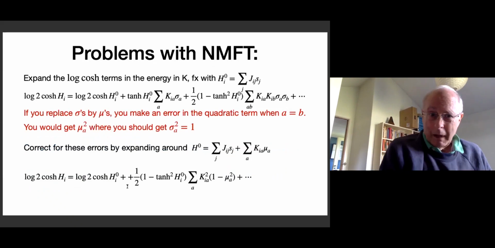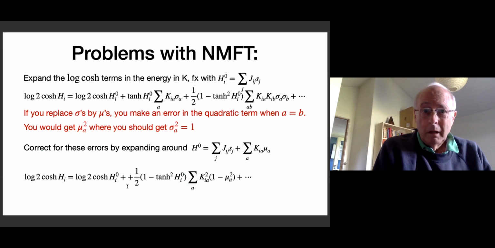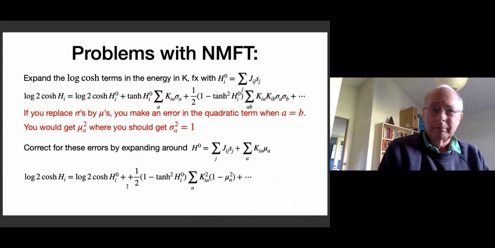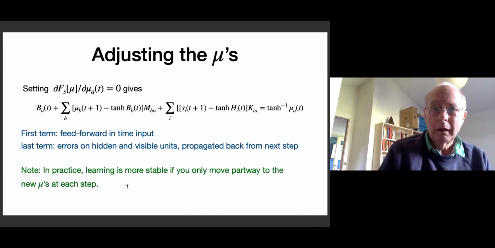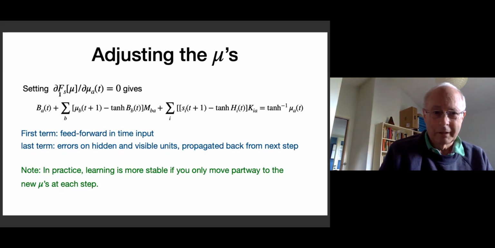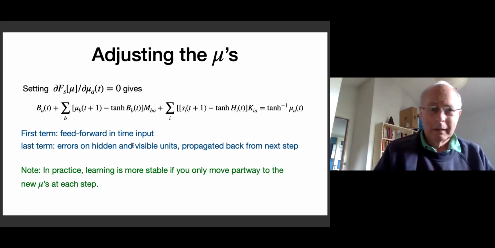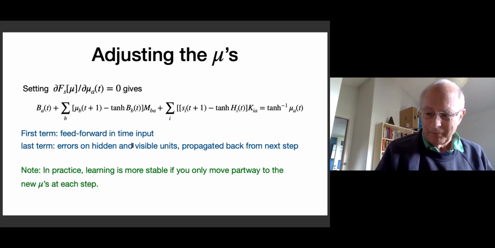But there are problems with this. So let's look at those log cosh terms a little more carefully. So, hey, John. Yes? Just on this slide, what is function f, the first line? Free energy. Oh, the free energy. Okay, so this is the same one that we saw on the previous slide. Yeah, it's this energy minus the entropy. Okay, thank you. Okay, it's not the one from the ferromagnet.